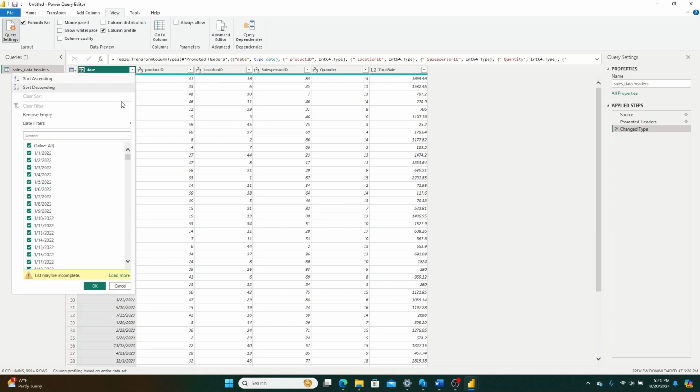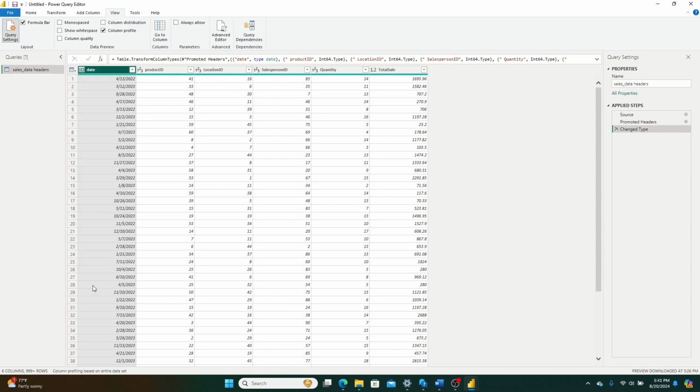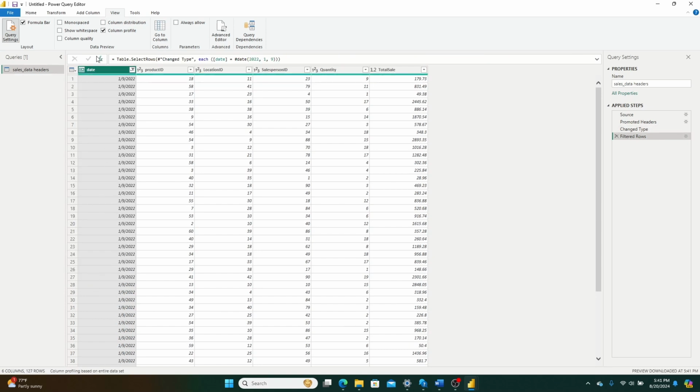Let's click the drop down, go to date filters, and then here we see all of the individual filters that we can apply, including a custom filter. So let's keep things simple. Let's go ahead and find all records that were as of the 9th of January in 2022. If we click this and then click OK, you'll see that it's applied this filter, and you can tell that there's a filter icon up here. There's now been a step added here with applied filtered rows,